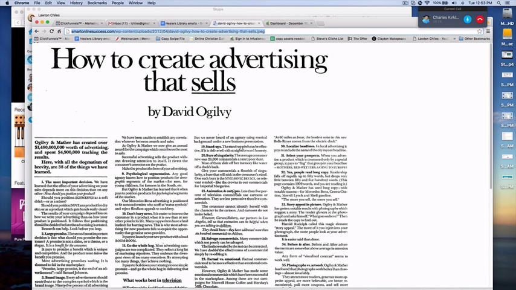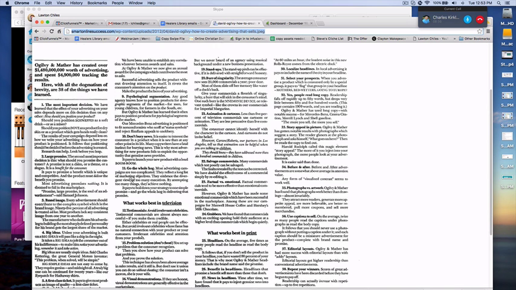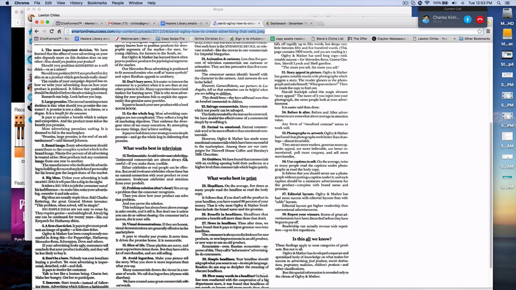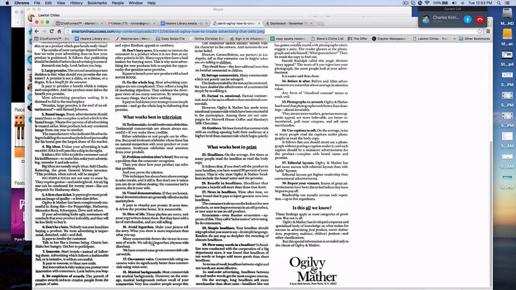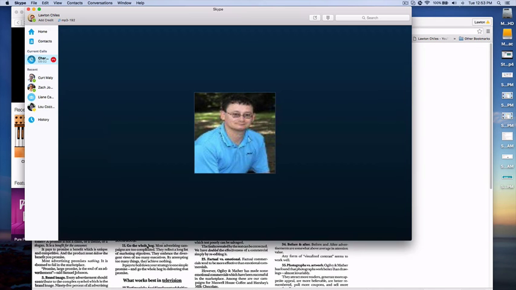And so with you listening on the call, I think this is important because if you look at this type of advertisement, how to create advertising that sells, it's all content based, and it's split up with subheads. It's got paragraphs. It's got these subheads. Actually, you can't see my screen anymore, but the call to action is at the very end of the article, and so it's just education-based marketing. It works really well. I mean, Todd Brown talks about it a lot. Charles talks about it. I'm starting to talk more about it because we're going to need this type of stuff to make sales moving forward.